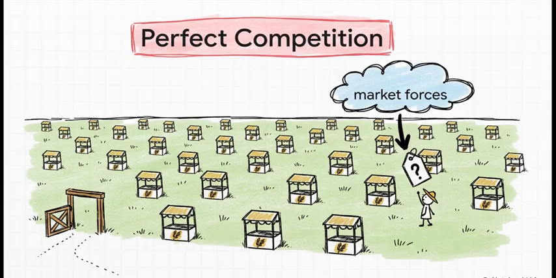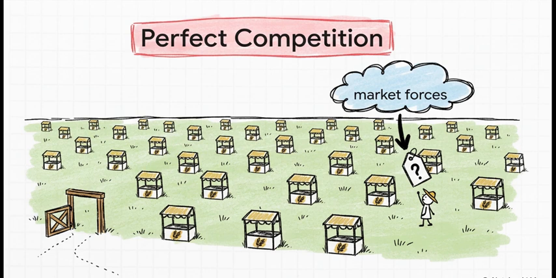Okay, way over on one end of our spectrum, you've got perfect competition. Now, full disclosure, this is mostly a textbook idea, but it's super important for understanding the rest. Just picture it, a market with tons of little companies all selling the exact same thing. Think about farmers selling wheat. One farmer can't just jack up their price, right? Because you just go to the next farm over. They have zero control. They're what we call price takers. They just have to take whatever the market price is.